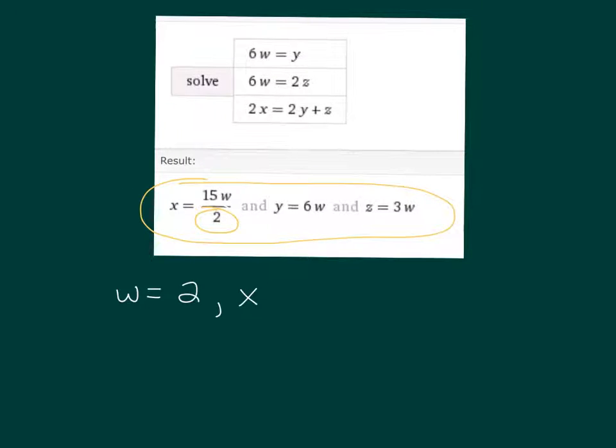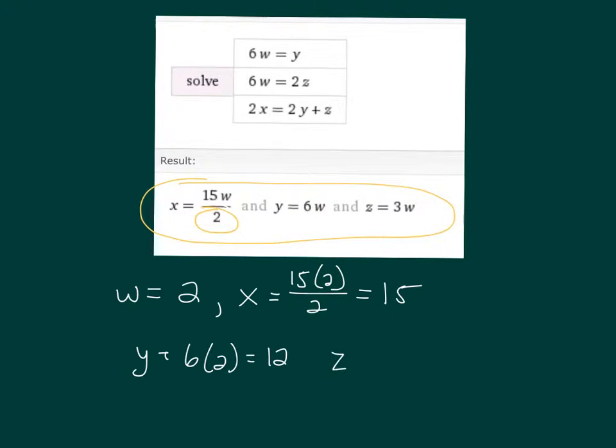So X equals 15 times W over 2, which is 15. Y equals 6 times W, which is 12. And Z equals 3 times W, which would be 6. And so I've got 2, 15, 12, 6. So if I go back to my